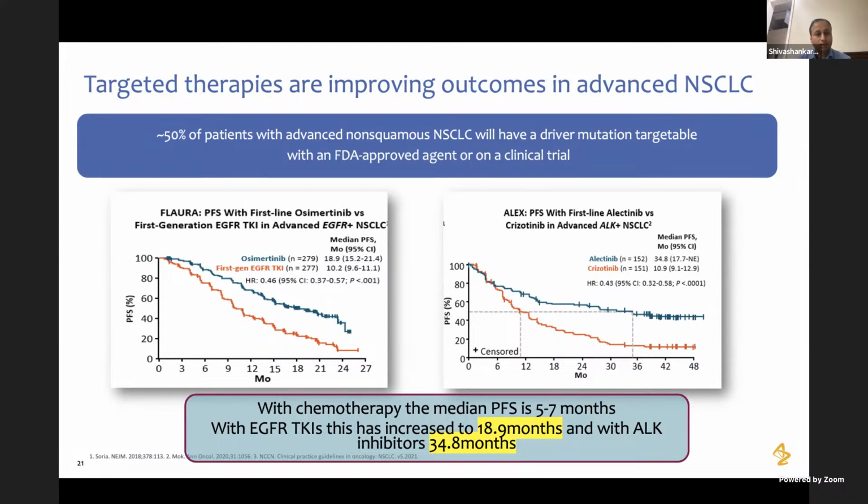Not only osimertinib, we also have combination therapies like chemotherapy plus EGFR inhibitors, and also probably EGFR targeted therapy plus VEGF inhibitors. And apart from EGFR, we have ALK positive tumors, where the survival of ALK positive non-small cell